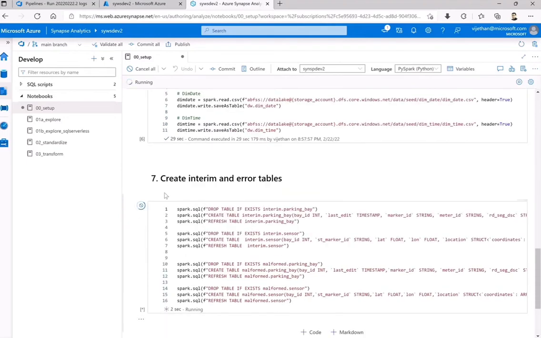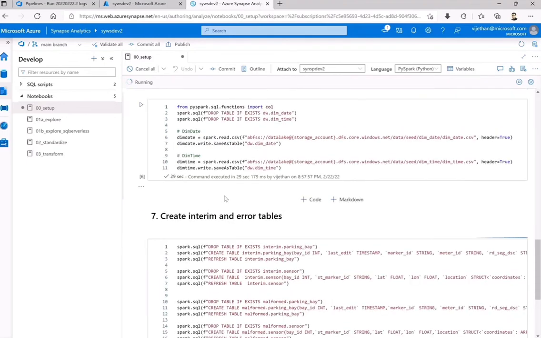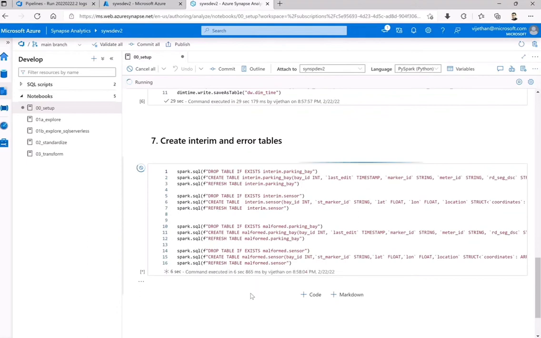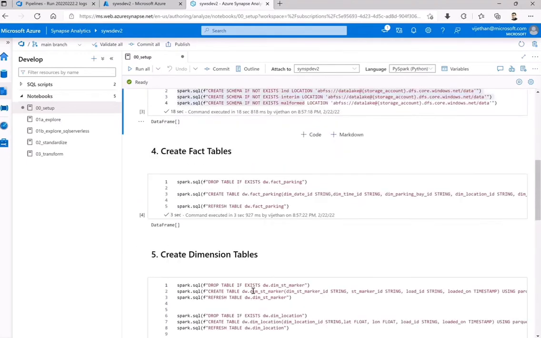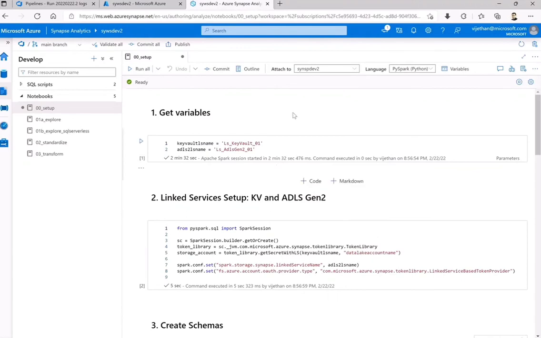Done that as well. Now it's trying to create the interim and error tables. Done that as well. So we have completed our basic requirement for dev. The same we have to replicate on the integration or the staging environment.